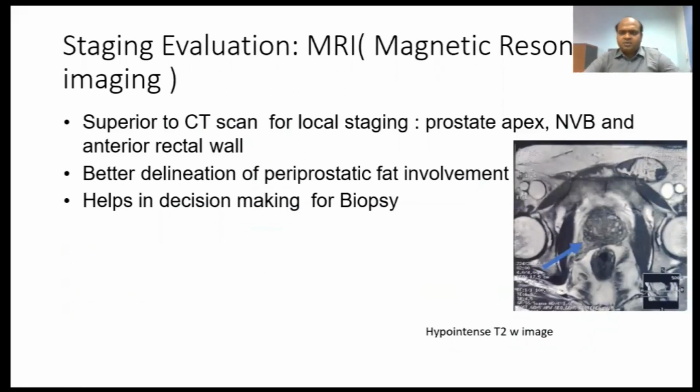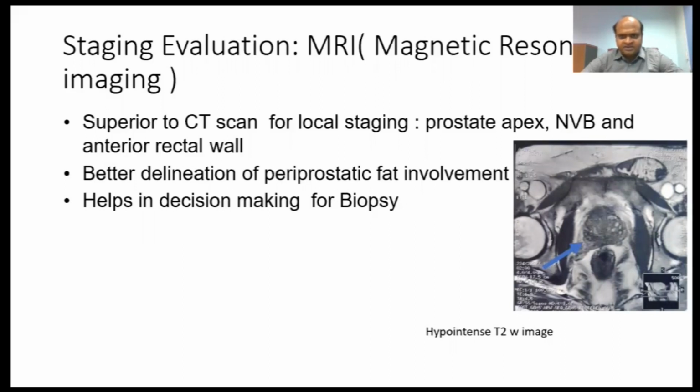Now I will talk about the role of MRI in staging evaluation of prostate cancer. MRI has come up in a big way over the last few years in prostate cancer diagnosis. It is definitely superior to CT scan for local staging because it has a better soft tissue resolution, and it